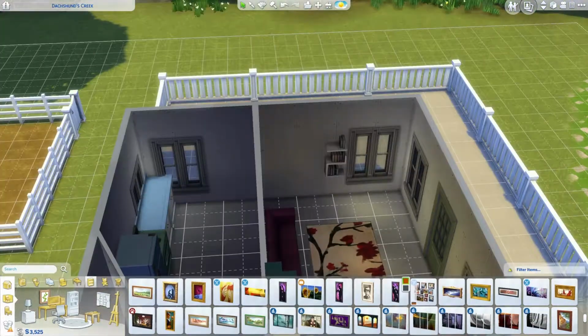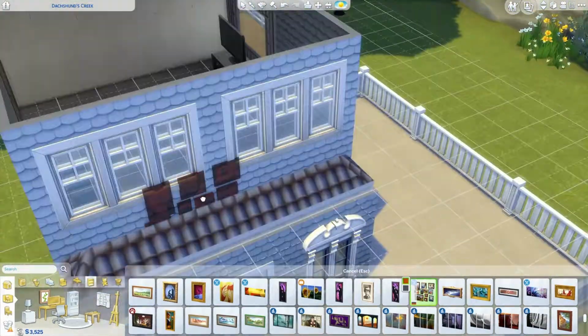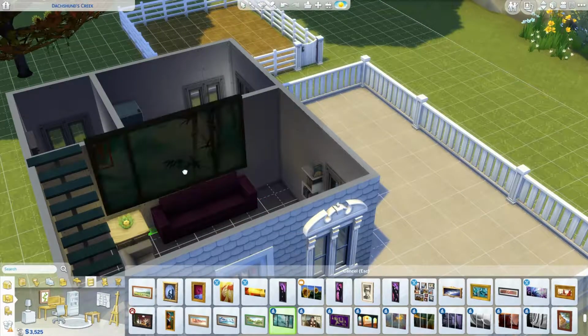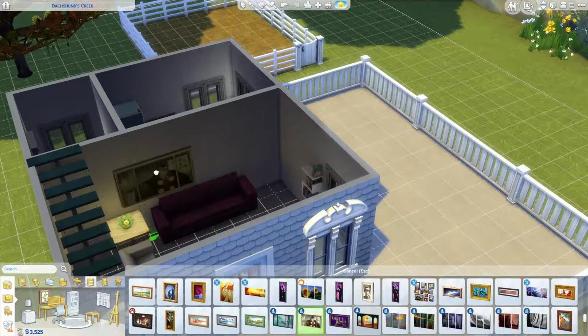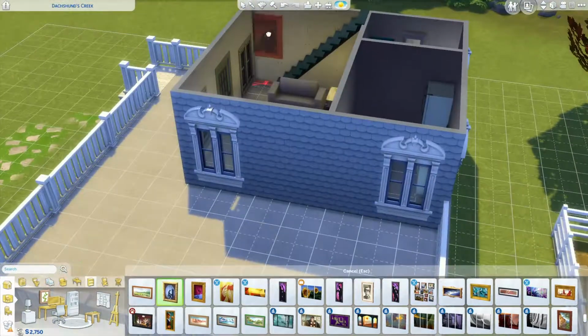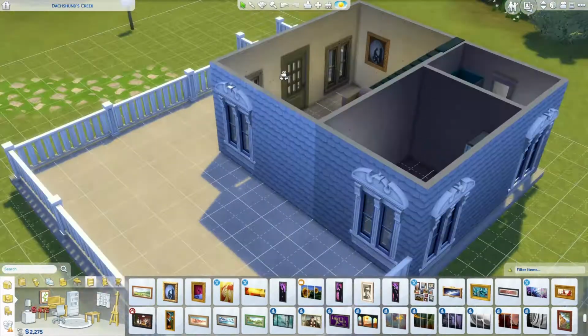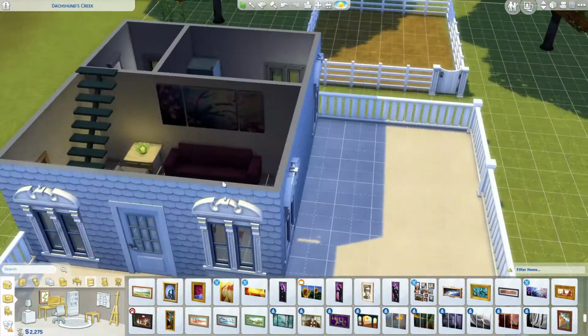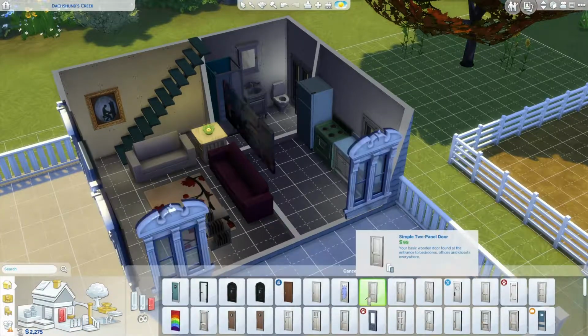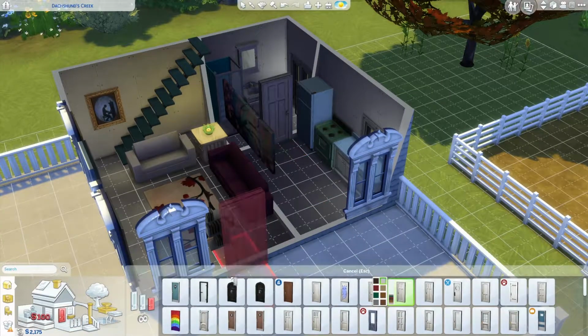So a lot of the stuff I'm doing there is just trying to figure out what looks nice. And there were some paintings I really liked, but when I tried to resize them, they were still too big or too out of place. Because I did kind of want to have a 50s theme house, since I know there's some items in the game that can pull it off, but there's not enough to pull off an entire 50s